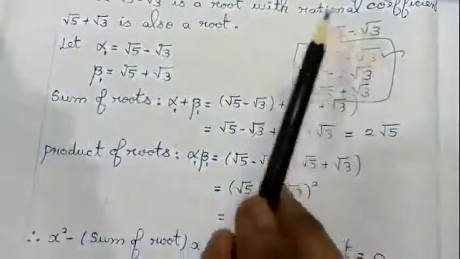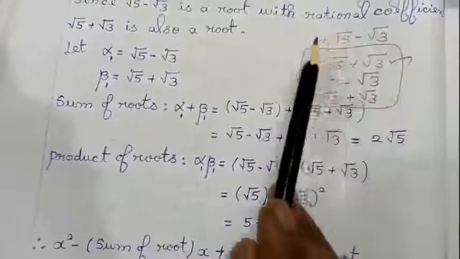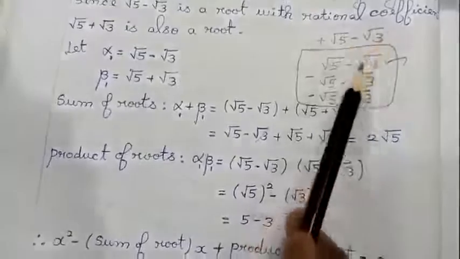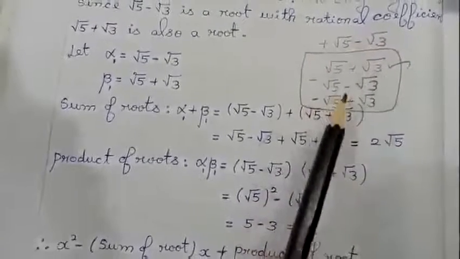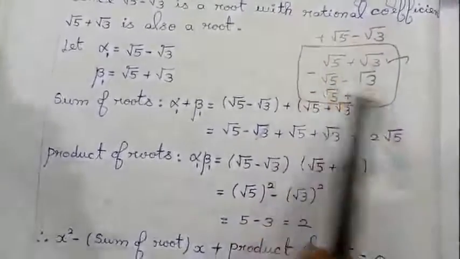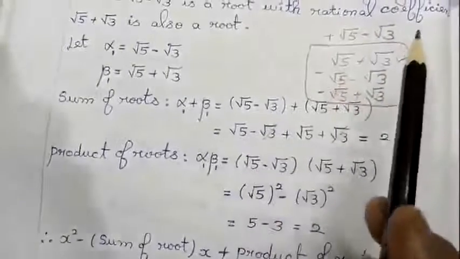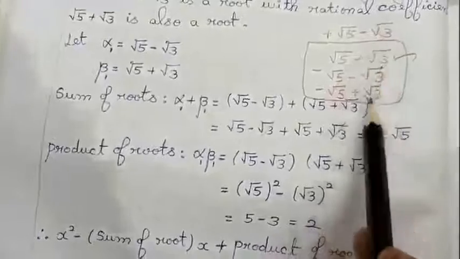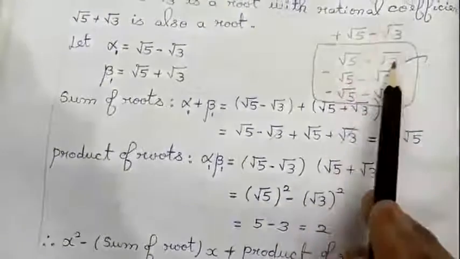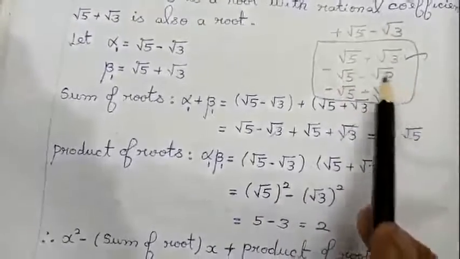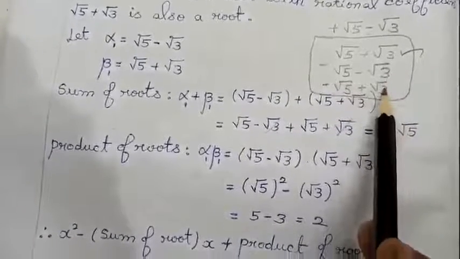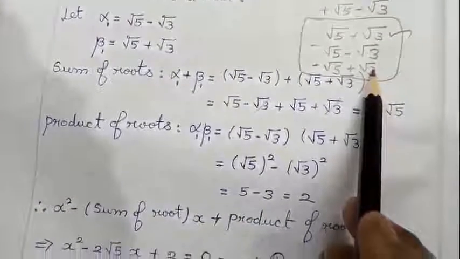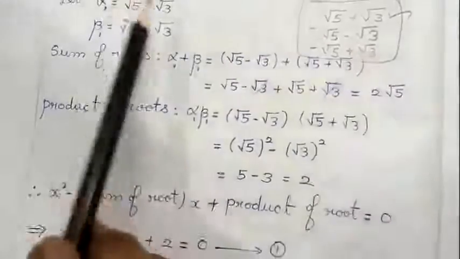Now the given root is plus root 5 minus root 3. The remaining 3 I am writing in this combination according to the theorem. Now how I am going to do the sum is, I am going to pair the roots 2, 2. I take the first 2 and the next 2 as another set. Using the first 2 I form a quadratic equation, and using the next 2 I form another quadratic equation. I am going to get 2 quadratic equations, and I am going to multiply them. Now just see, students.